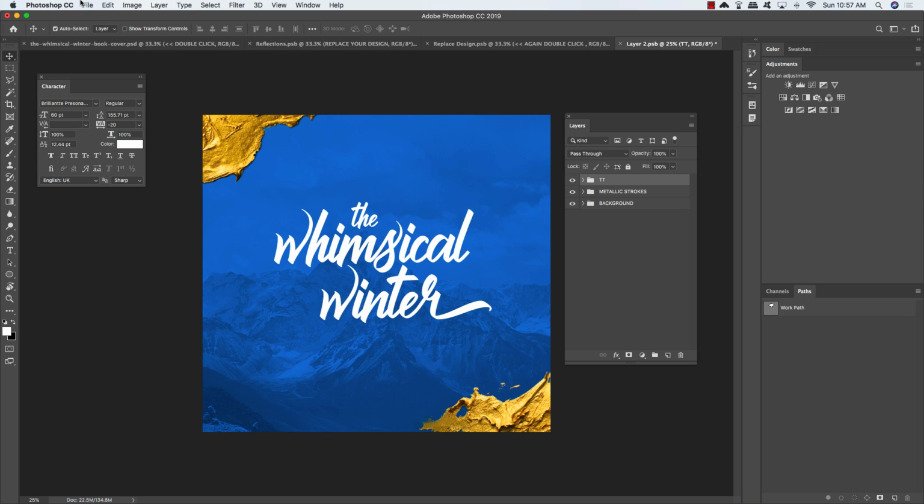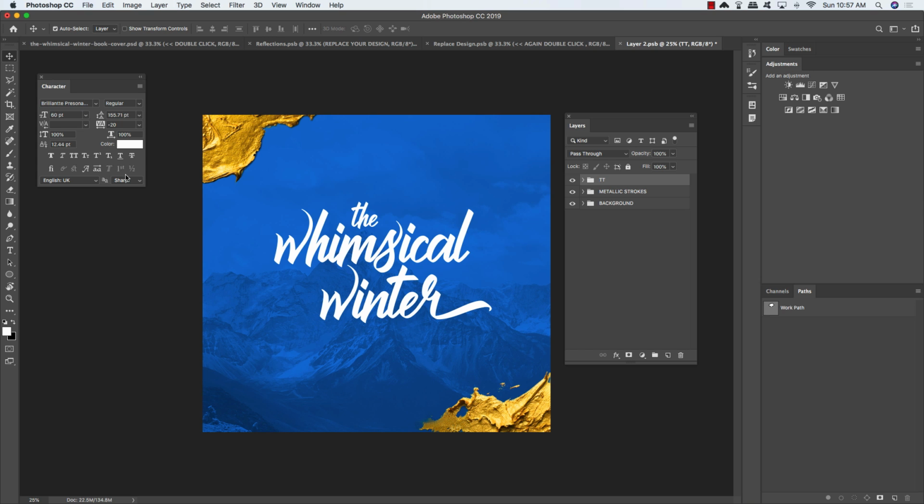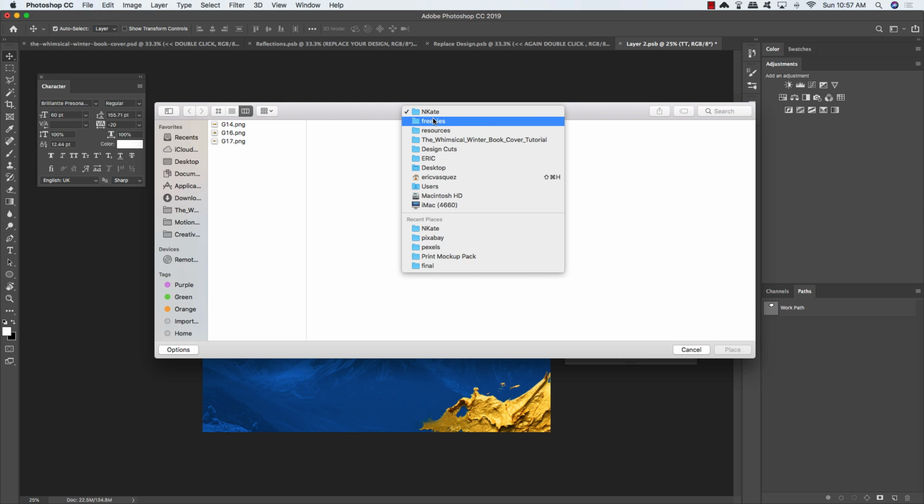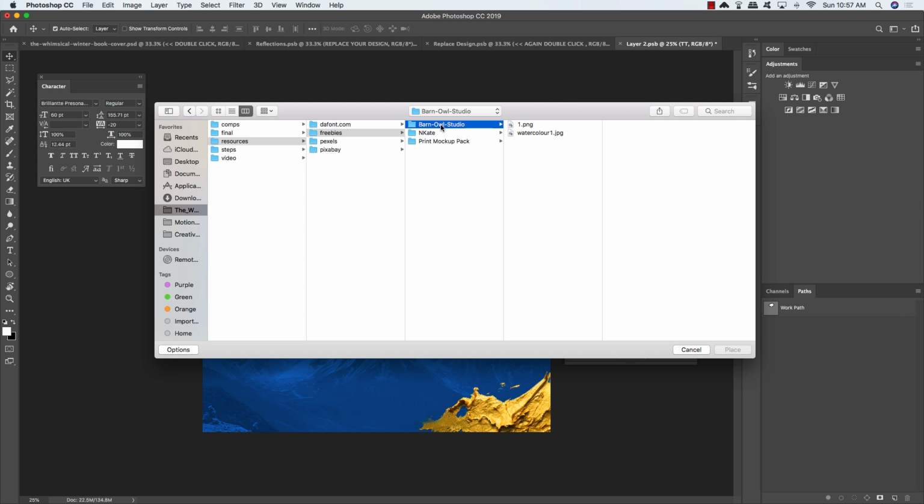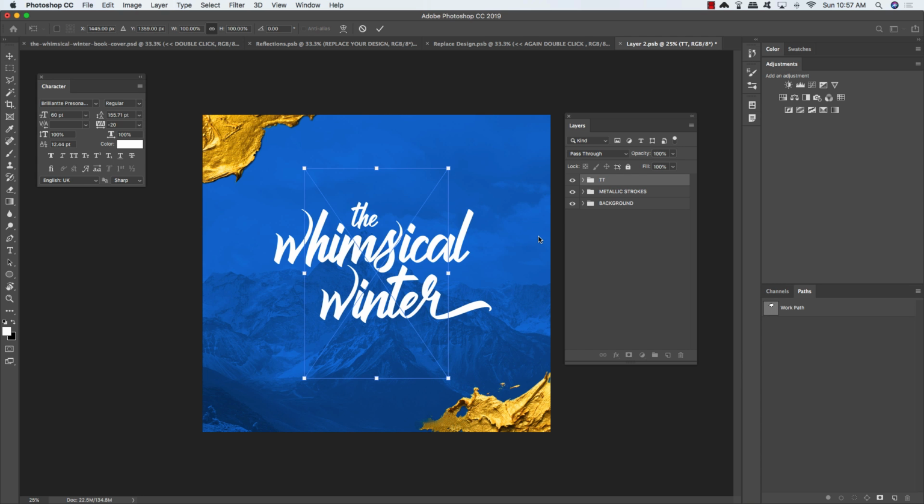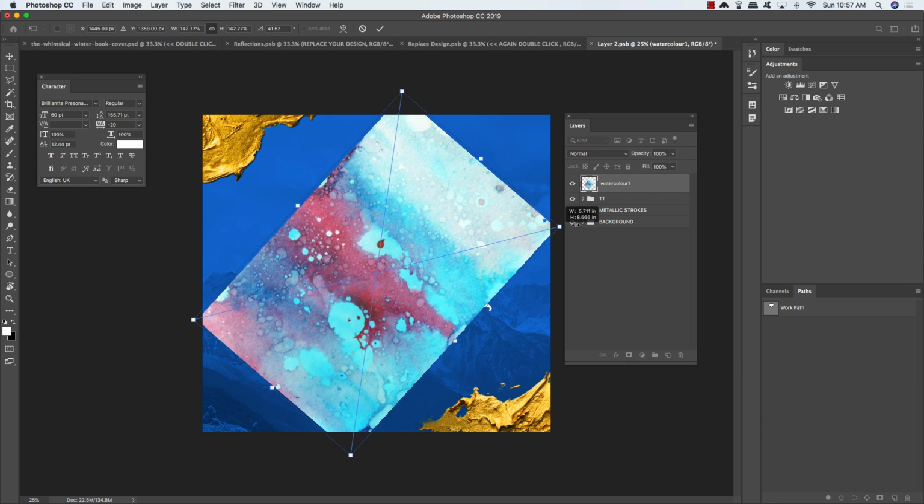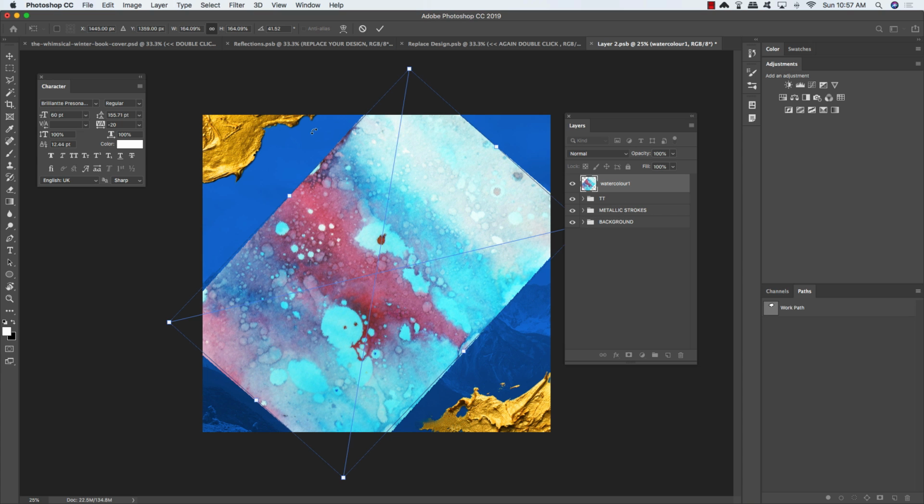The next thing we're going to do is come back up to the File menu and choose Place Embedded so that we can import our next image. Go back to the Freebies folder, this time inside of the Barn Owl Studio subfolder, and select Watercolor 1. Now this is just one of many beautiful watercolor textures that comes in the full bundle, and we're just going to be playing around with one of these today